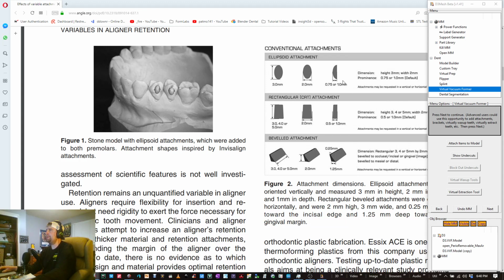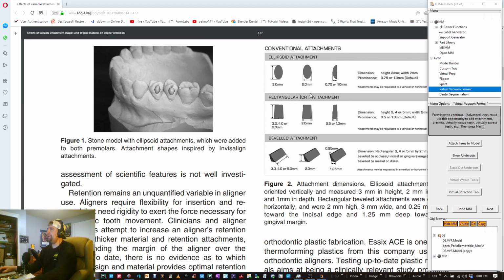So I designed it from this, literally just took an oval, sliced it in half, made it 3 by 2 by 1, and also by 0.75, same thing with these other ones. The reason I only have a sampling of these, not every single one, is because, believe it or not, it's really hard to design your own